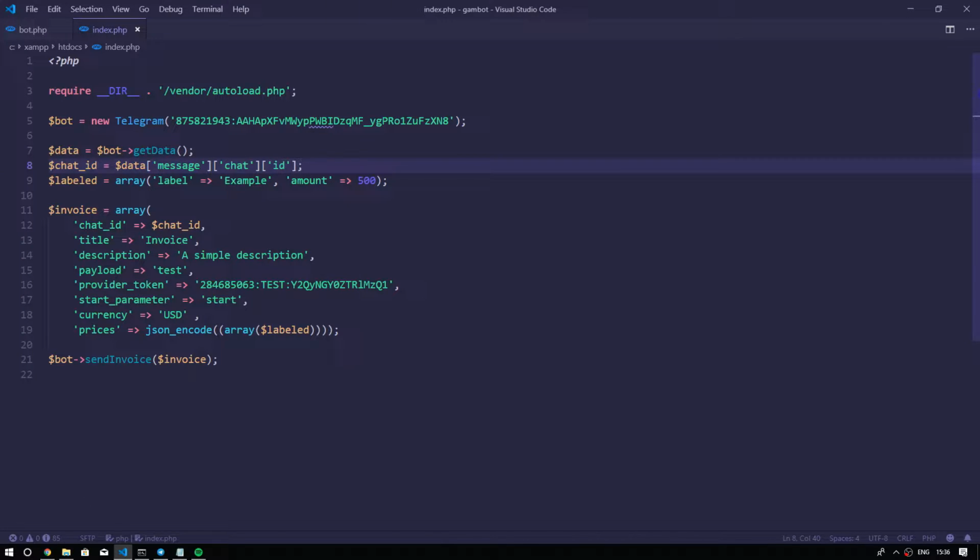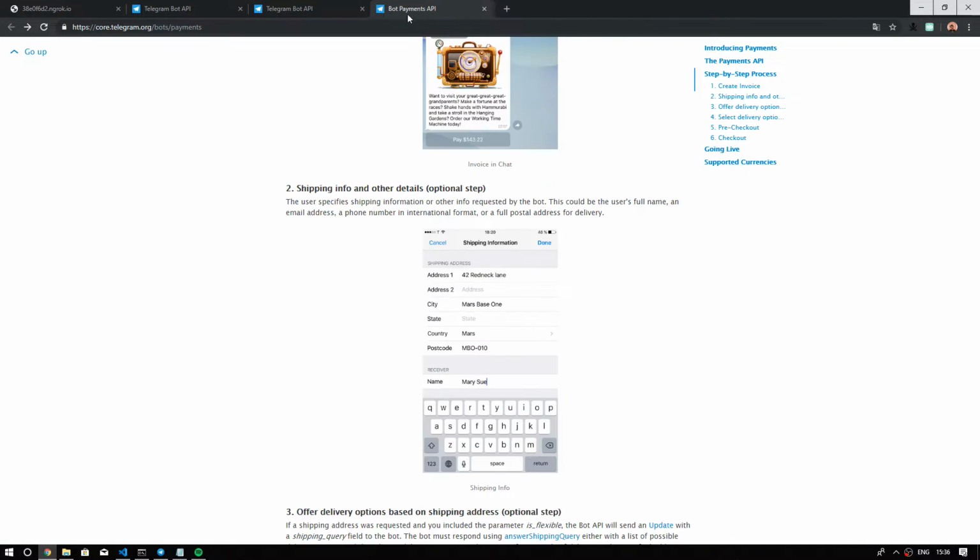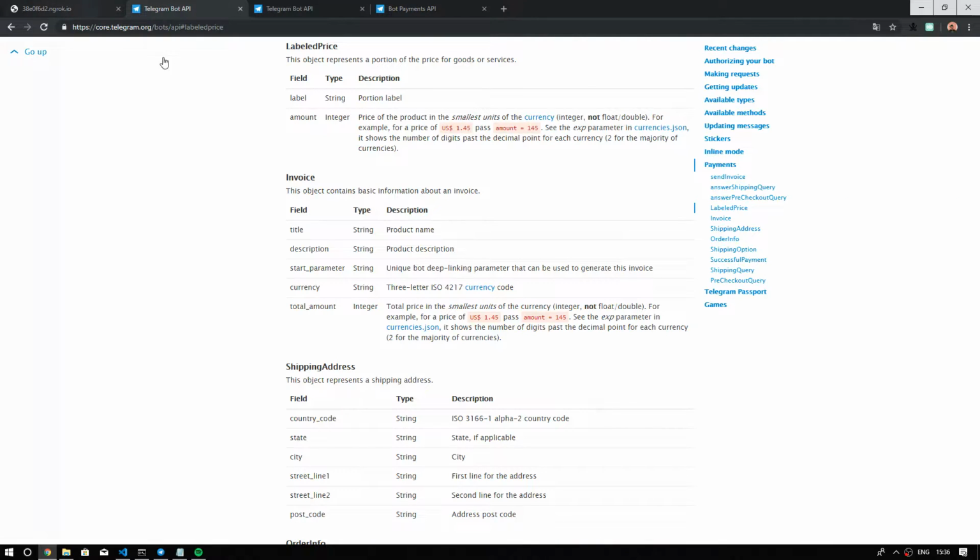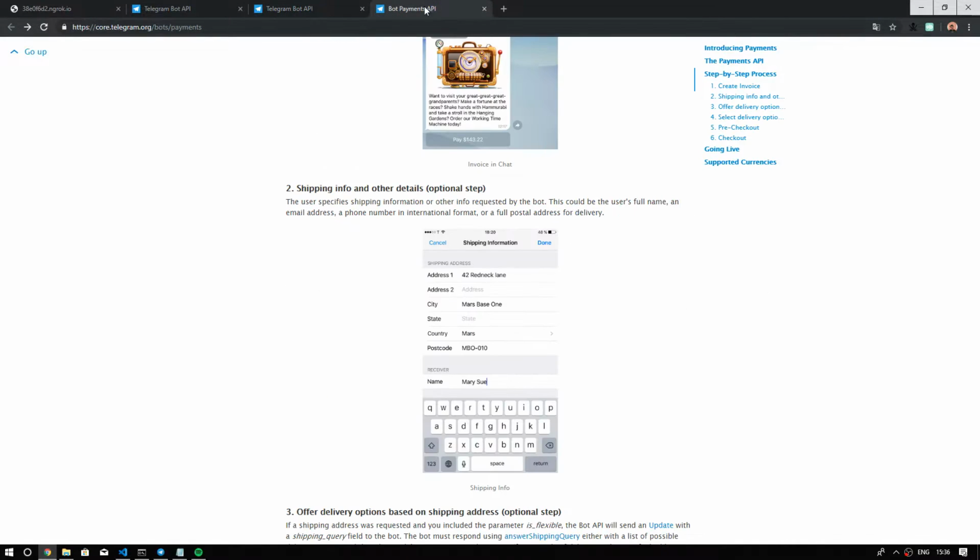So, as you can see from the title, here we are. We will see how to integrate Stripe and Stripe payments into a Telegram bot. So let's see how it works. First of all, let's see how